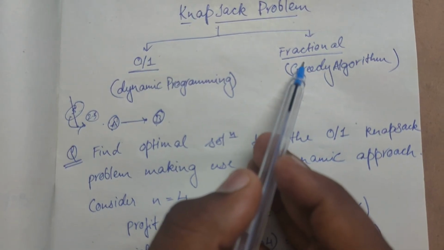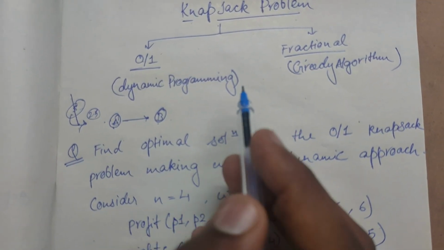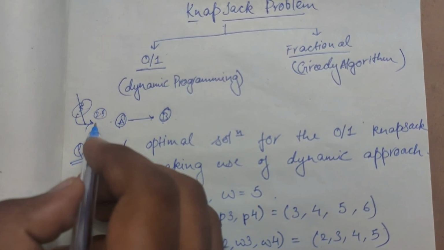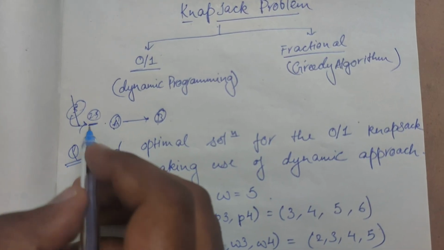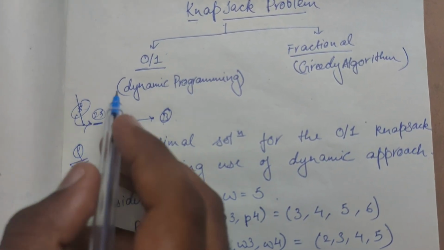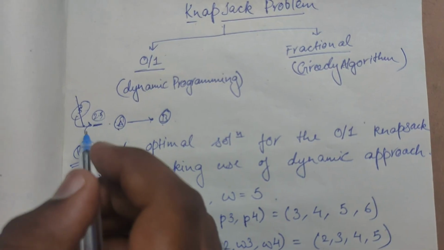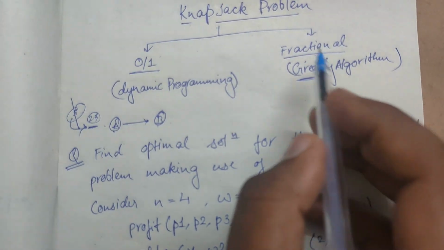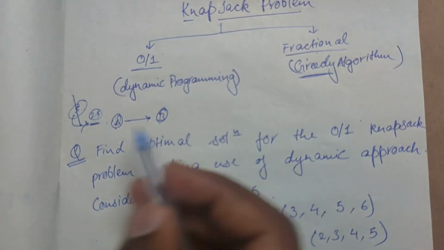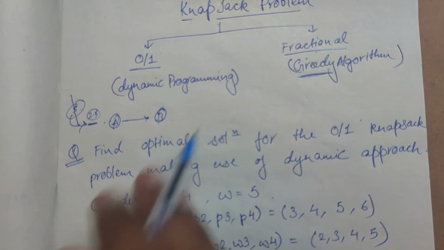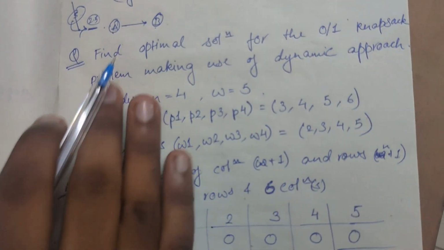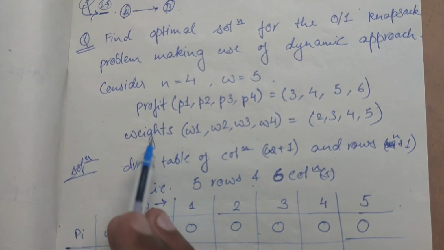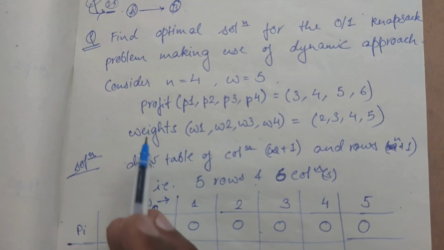Whereas in fractional knapsack, you can carry half or fractional objects. Suppose, see the same example, the capacity left in the bag is 2.5 kgs and the object is 5 kgs, then you can take half of the object with you. So this is nothing but greedy. So fractional knapsack uses a greedy algorithm and 0-1 knapsack uses dynamic programming. So in our syllabus, we are asked for 0-1 knapsack. So let's get to know this with some example.